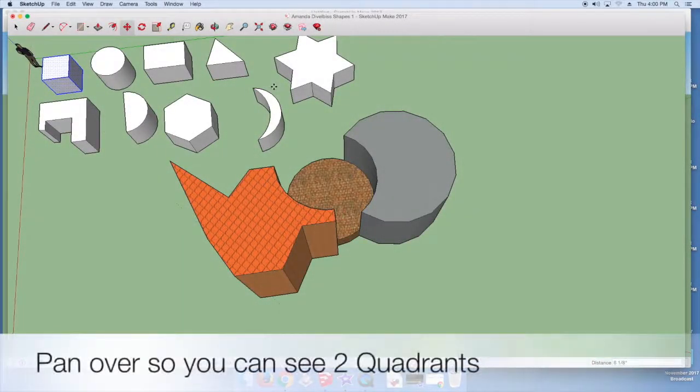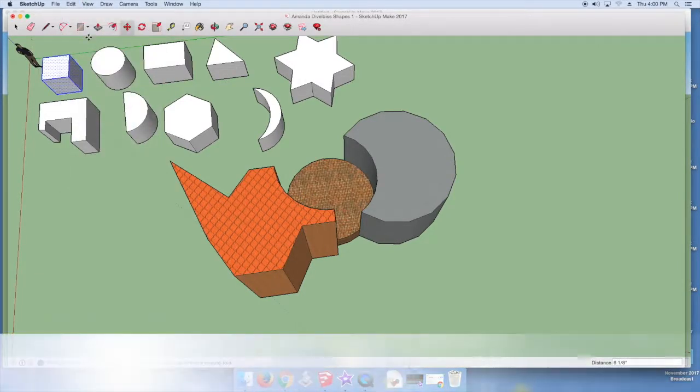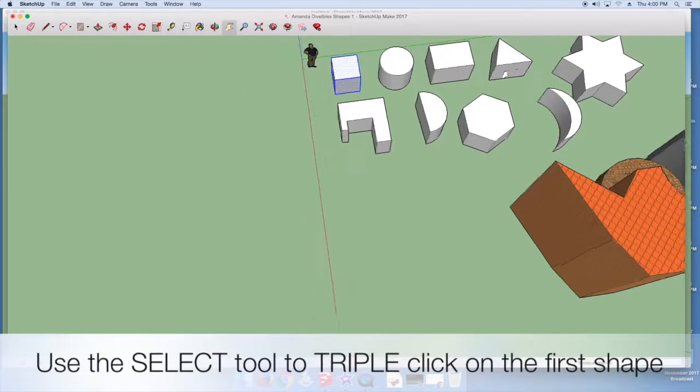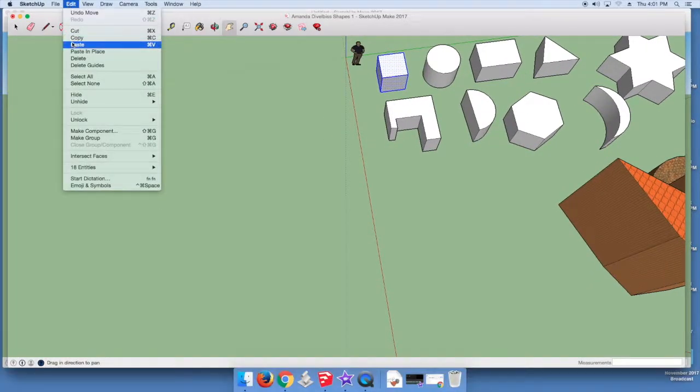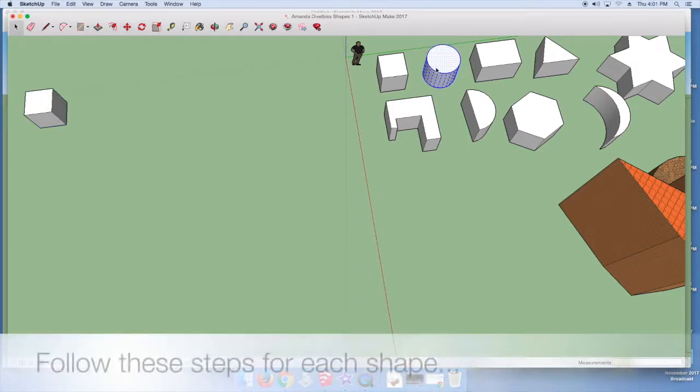Once there, we're going to need to be able to see quadrant number 2. So you're going to pan over so that you can see both quadrant 1 and quadrant 2. And we're going to use the Select tool to triple click on the shape and then copy and paste it into